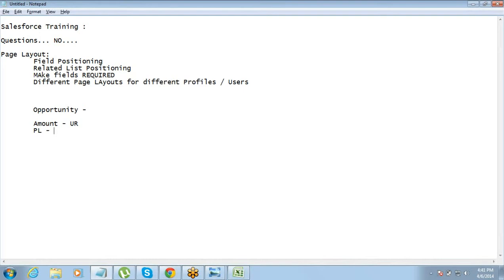You have a question? How do we see that particular user for this page layout? I'll come to that part. But as of now, whatever we are discussing, is that clear? See, if a person has that particular page layout where the field is required, but in the backend it might not be required, it will not be required. So while data loading, there could be no value, but while you are entering through that page layout, you'll have to give a value. Anything that you want to be required at the time of bulk upload and data loader, you have to make universally required. That thing cannot be controlled through page layout because that data does not go through page layout.